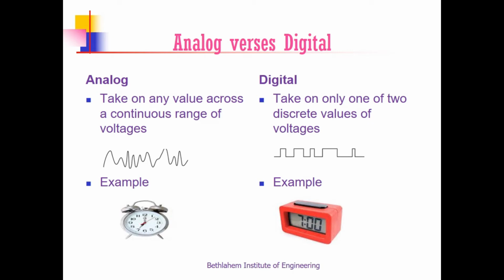And this clock with hands, that is with minute hand, second hand and hour hand, is an example for an analog device, and this clock with digital display is an example for a digital device. So an analog signal can take on any value across a continuous range of signals, but digital can take only two discrete values, that is 0 and 1. So analog can be of any values, 1, 1.2, anything across a continuous range of values, but a digital signal can take only two values, 0 and 1.